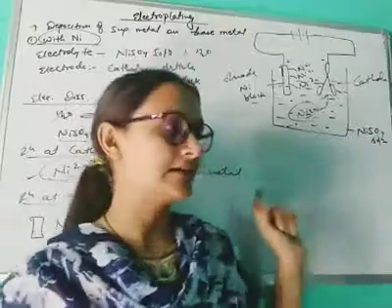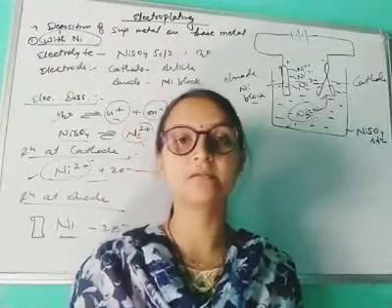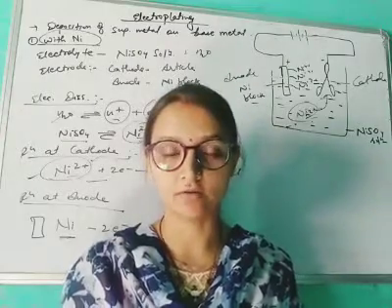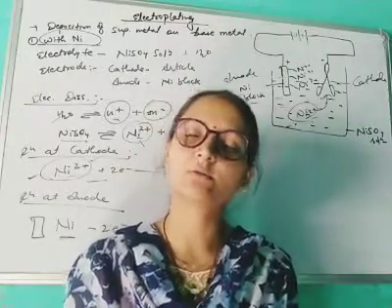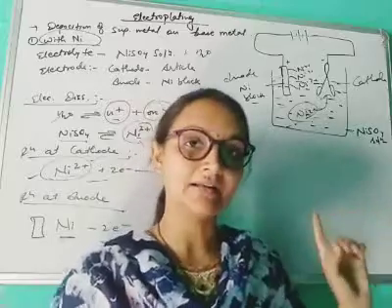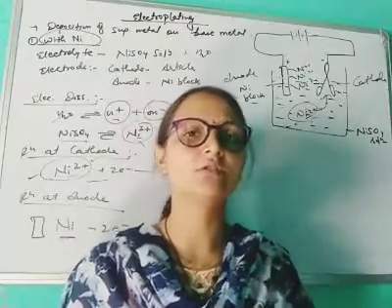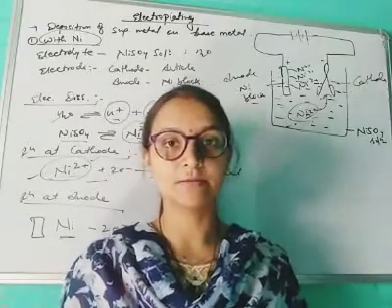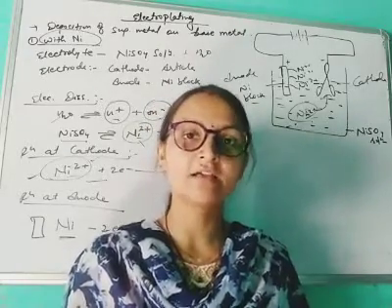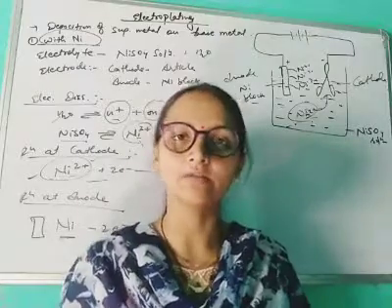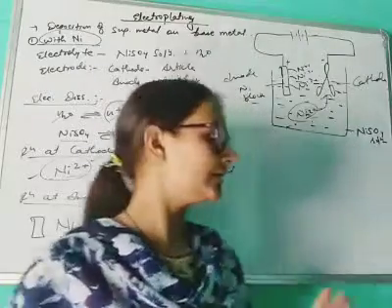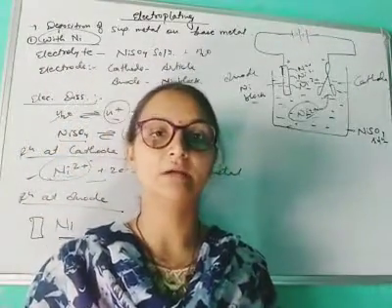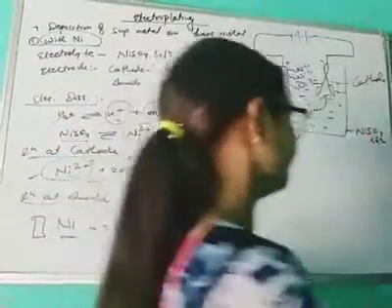For this, one very necessary condition is that you have to use a direct current, and at a very slow speed, so the metal can be plated very uniformly. If we give a large amount of current for a short time, the deposition will be uneven. So we have to do electroplating evenly and uniformly on the article.